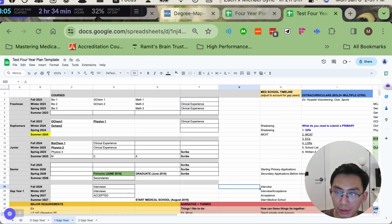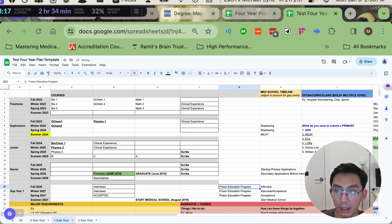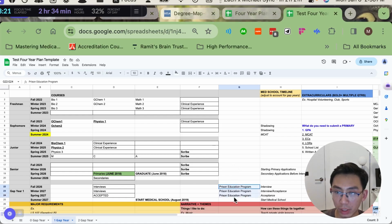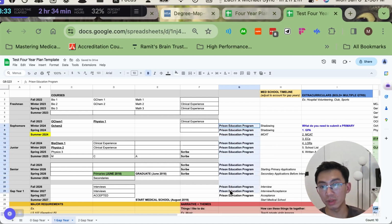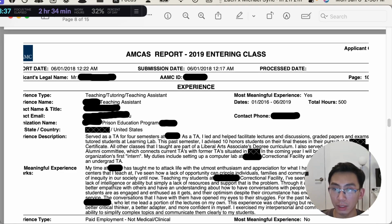So prison education program, he essentially went through all the way until he started medical school, at least one summer prior. He was doing that since January of 2016, which would be the winter of 2 years prior, right? So that was that, and then he started it kind of here, right? So you can see almost 3 years worth of experience in this program that he was able to complete, and